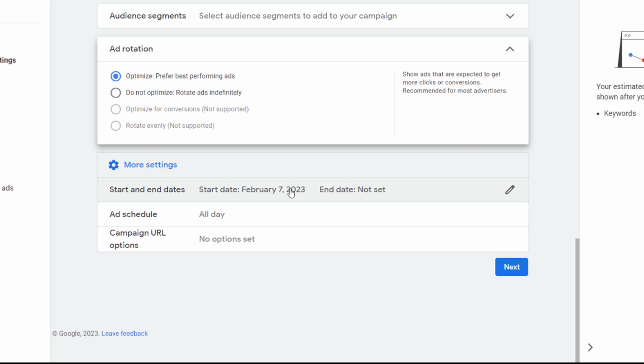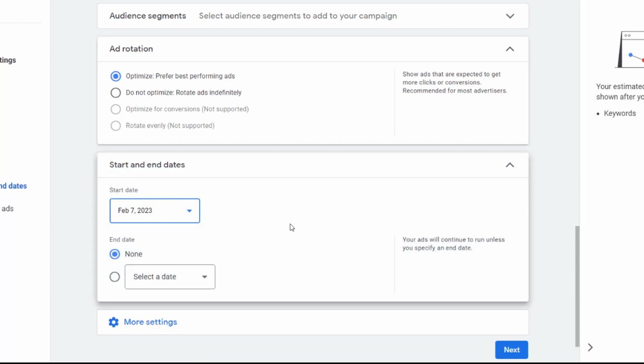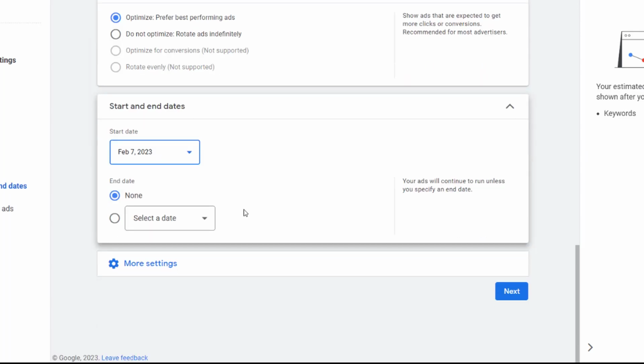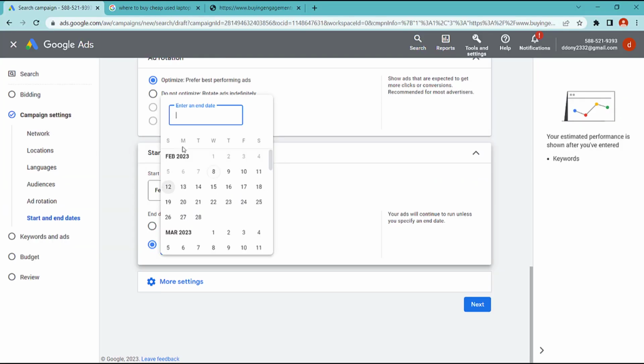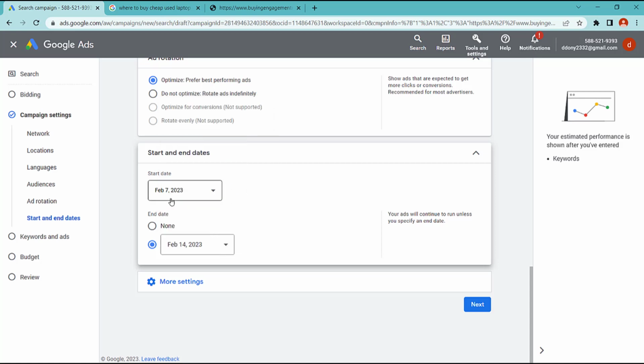If you are not regularly checking your campaign, I suggest you choose to use a start and end date. Select date. You can choose one week from February the 7th. Okay, you choose one week.